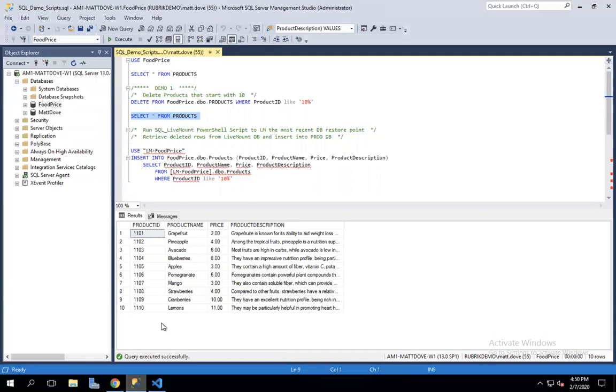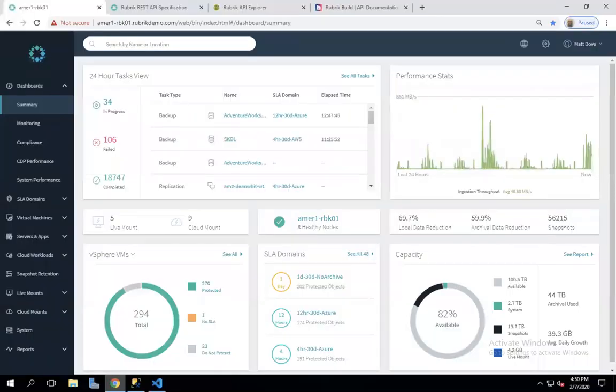Now, once the commit's done, typically you'd have to engage your operations team or some other support people, and they would have to restore the database to get it to a place where you can do an export, import, or take the data back out and get it into production. There are multiple phases, multiple people that you have to engage, and a lot of steps involved in the process. So what I'm going to do here is show you a way, first going back into our automation process,